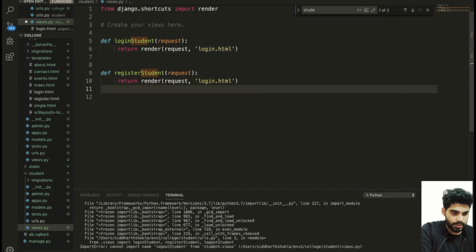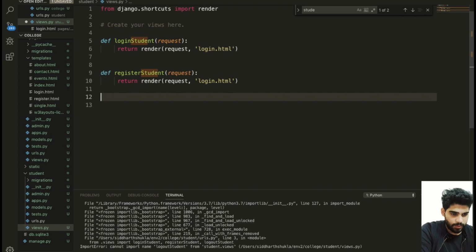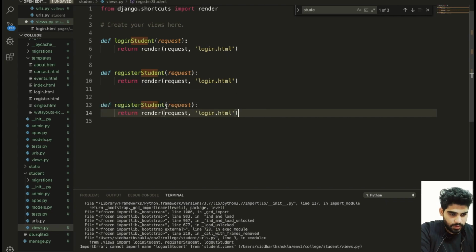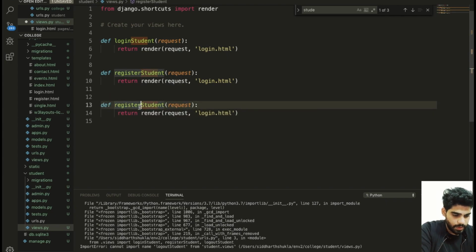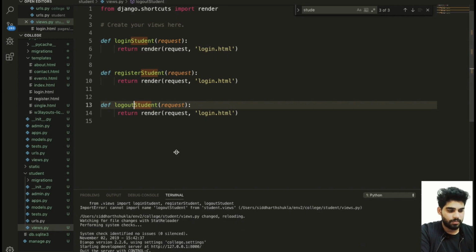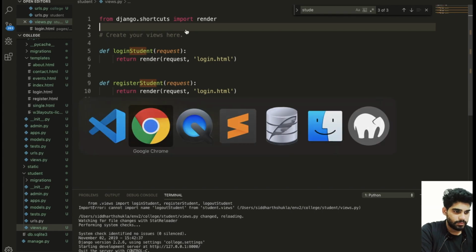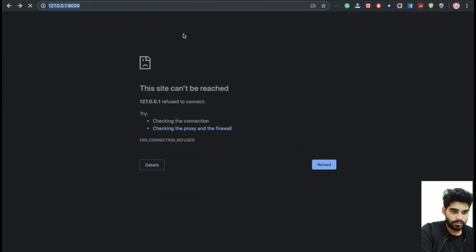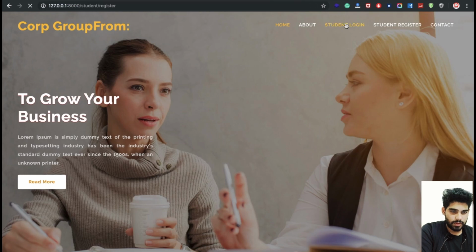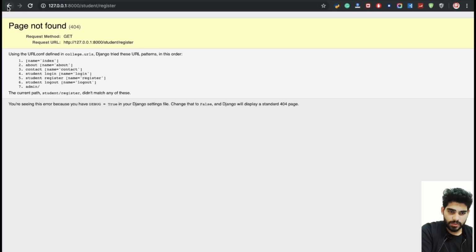I will give you an example, don't worry about it, that's why I am putting logout here. Okay, now it's running, don't worry about it. I will give you a real-time example also. So now this is done. Now check. I am going to student login, register. What is